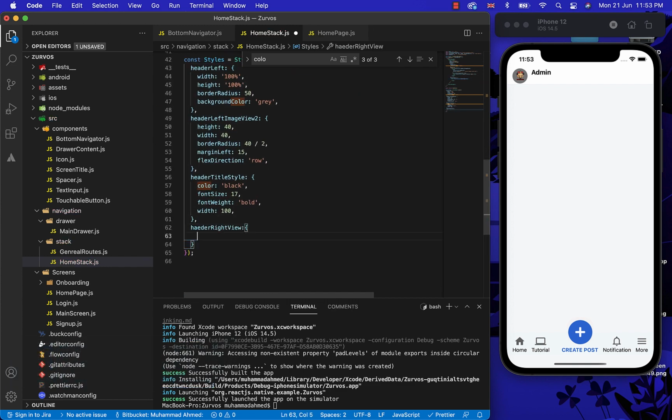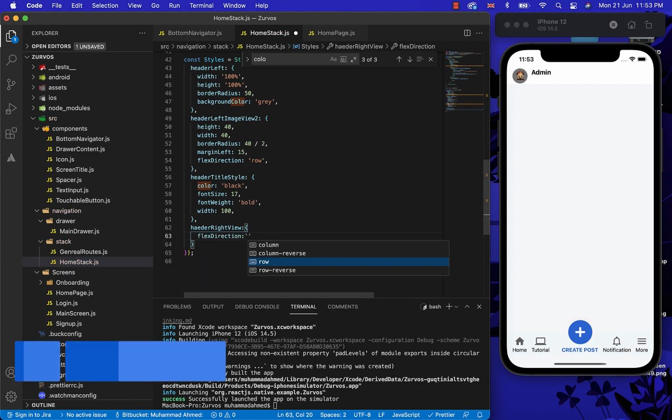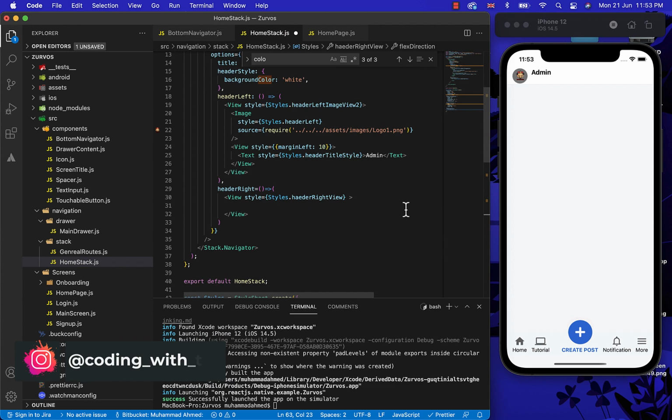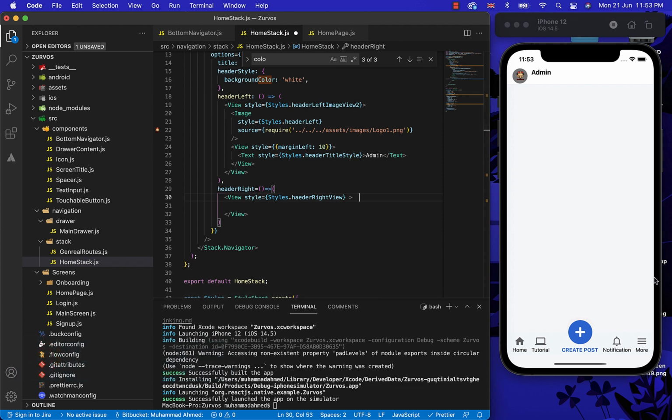So on the right navigator, we just only want to show an icon to open the drawer navigator. For that, let's just import a custom icon which we have created before in the previous videos.